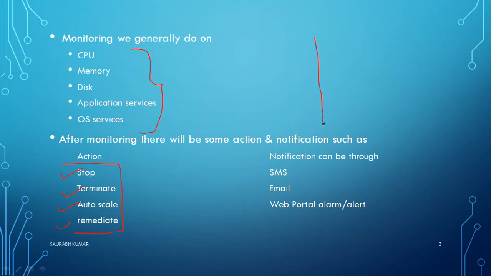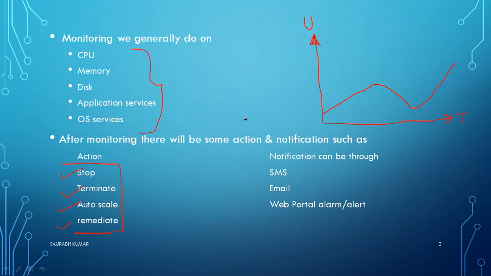For example, this is the graph of your processor utilization. I'm just assuming this is the graph, this axis represents the percentage of utilization, and this one represents time. So maybe when you started your machine, it was like 5%, then you ran some application, it went to maybe 10%, then maybe 15%, then it dropped down to 10%, then it went beyond 20%, like that.